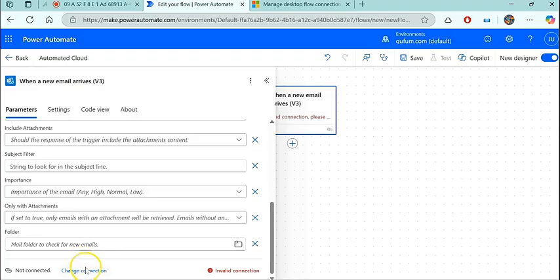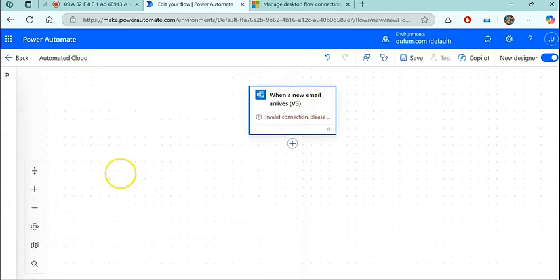Can you guys see my mouse, change connection? Right now it is not connected. If you did not connect it from the connections tab, you can come here, click on change connection and set up a connection to your Outlook. It will ask for your Microsoft username and password, or whichever email account. We are not going to see that part. That is part of cloud flows. The one I want to show you is